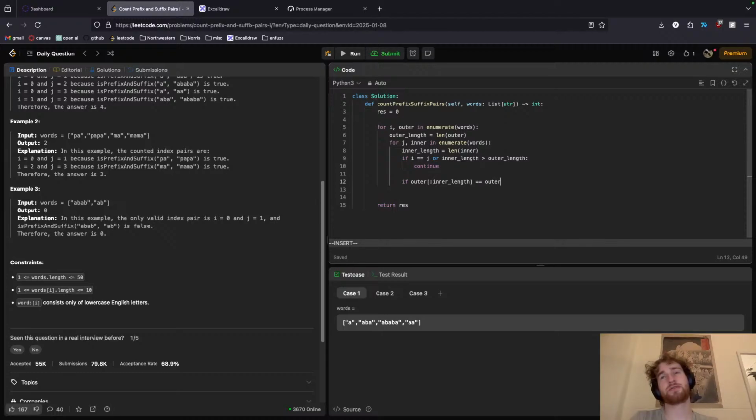So if you want to go back outer length minus inner length and take the whole string from there. If those things are equal, then res plus equals 1, I think. Right, because this is essentially just doing